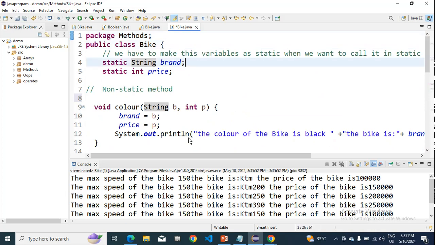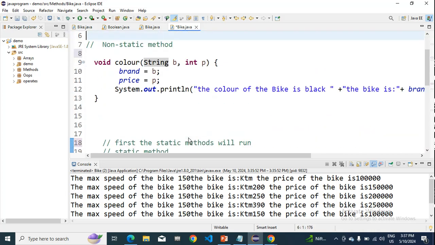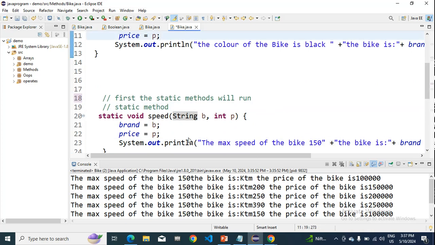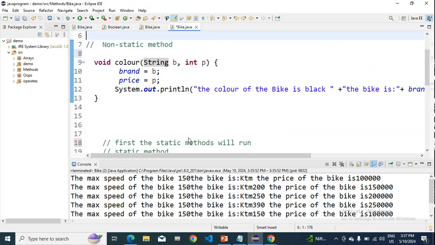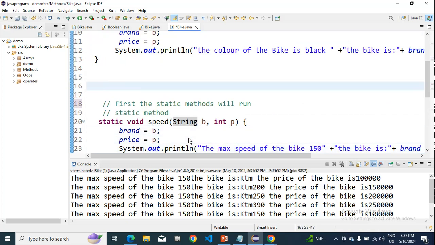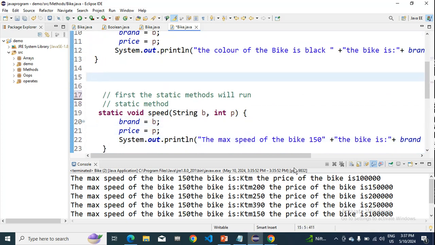You will come to know clearly about what static is in access modifiers. I'll be explaining it once again. So this is the main point you should know. Okay,